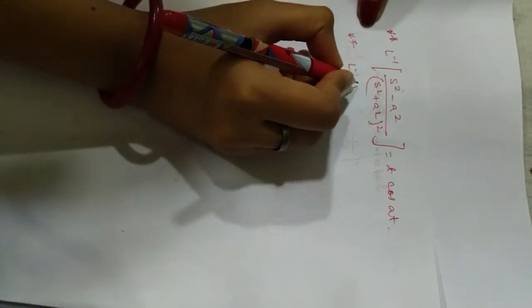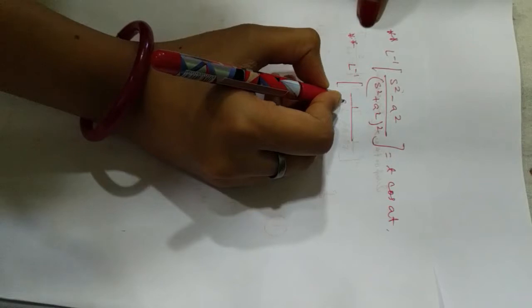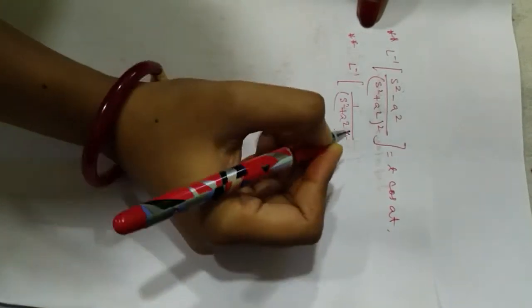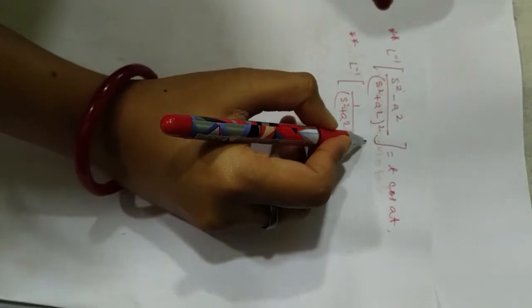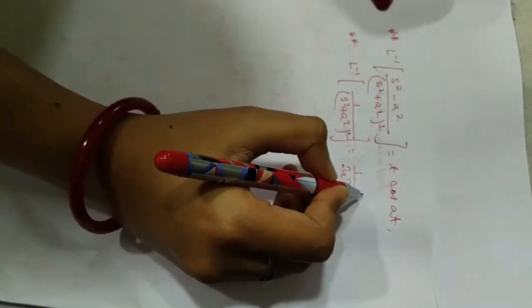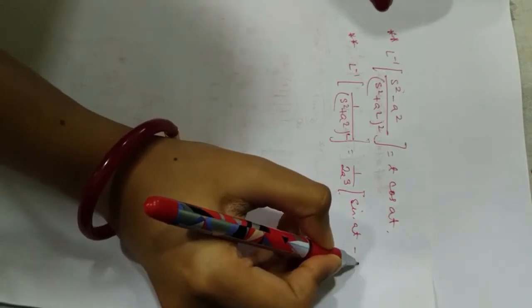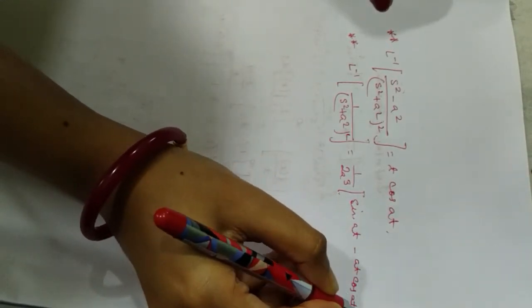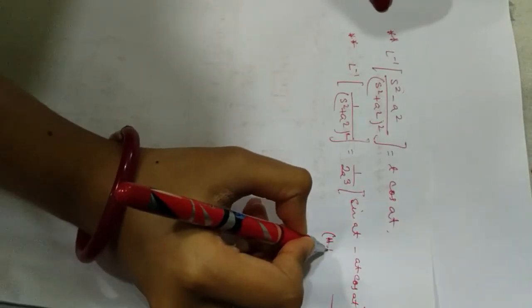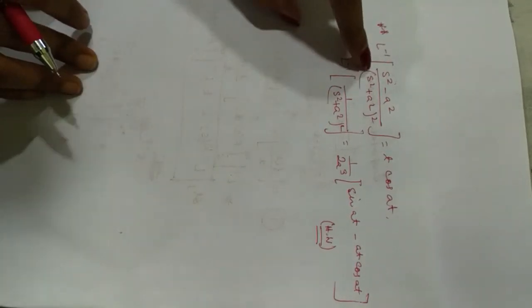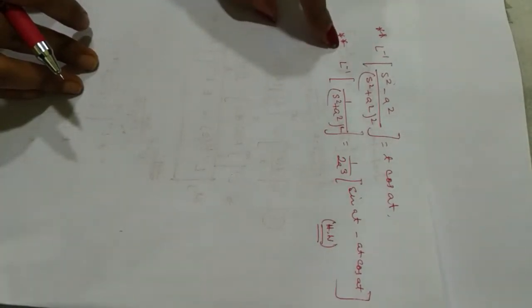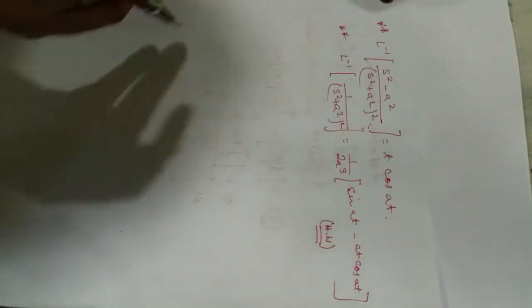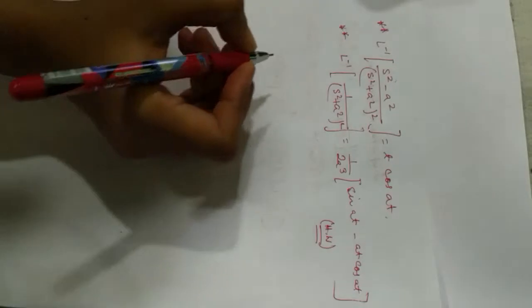The third important formula is the inverse Laplace of a constant in the numerator, where the denominator is (s square plus a square) whole square. That turns out to be 1 by 2a cube times (sine at minus at cos at). This is homework, do it. These are very easy equations, but these forms should be memorized by you all, because we will encounter them very frequently. Since we are now ready with all our formulas, let's move on to the solution of differential equations by Laplace transform.